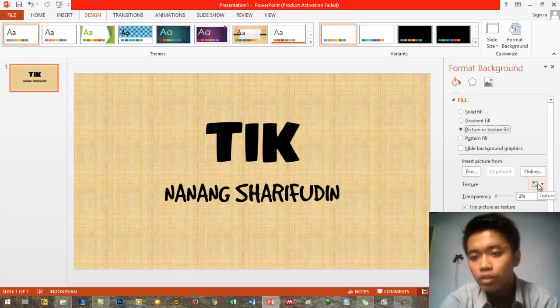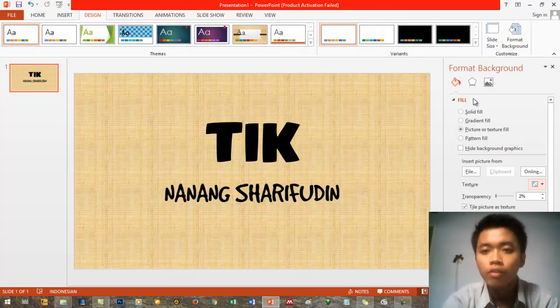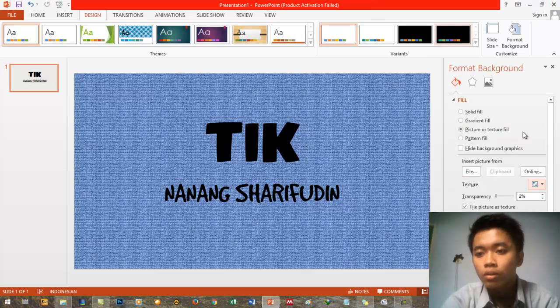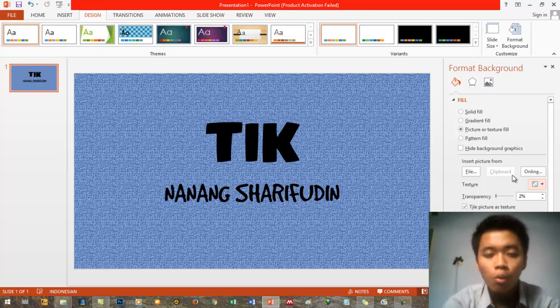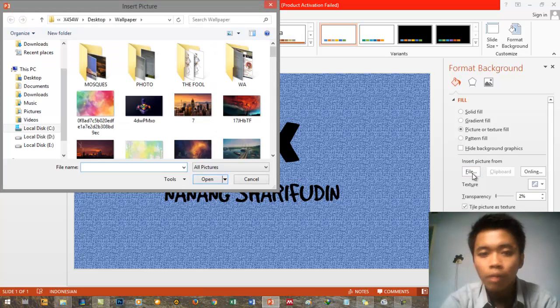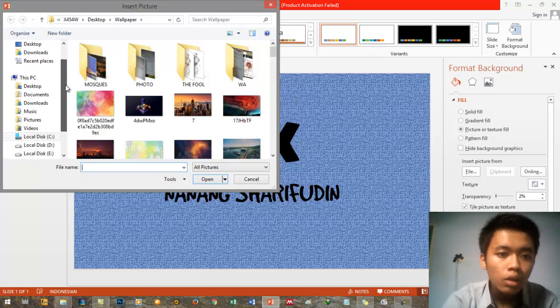And then the third is picture or texture fill. In here for texture, it's already available in Microsoft PowerPoint itself. We can just choose the kind of texture that we want. But if we want to make a picture our background, we can click the File button, and then we look for the picture we want to place in our background.